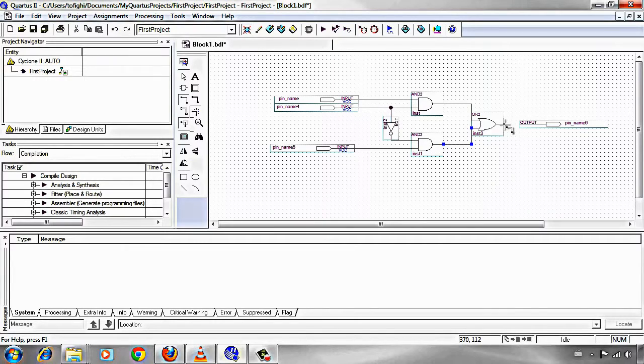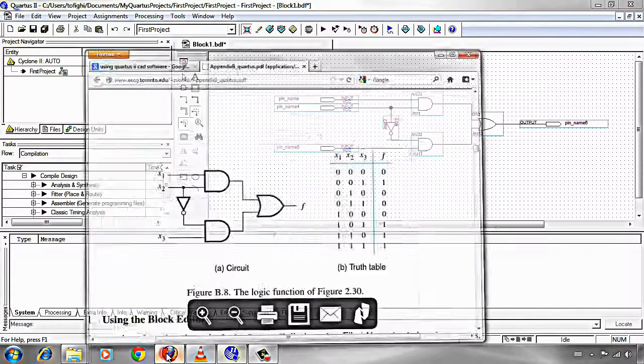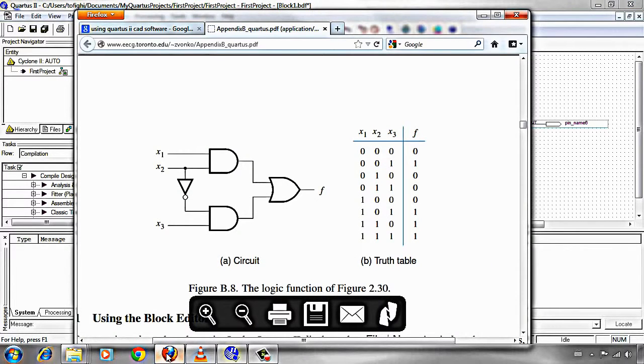Okay, and the output. Now we have designed our logic circuit. It's completely similar to the thing that is shown in this